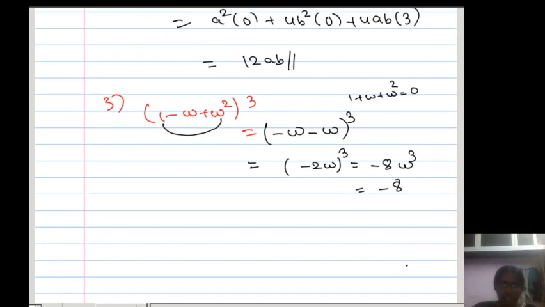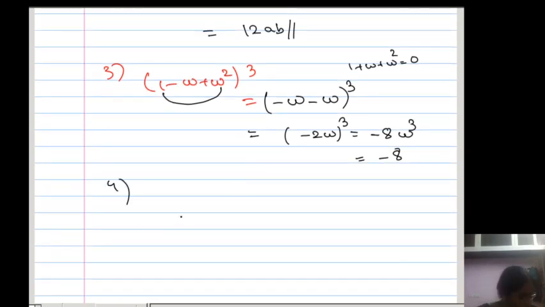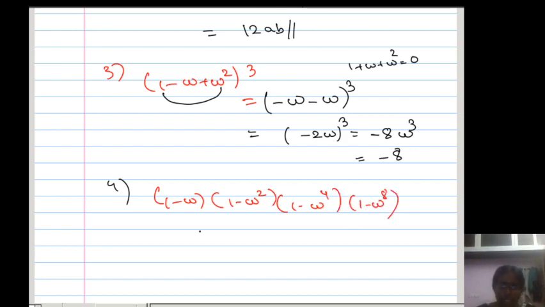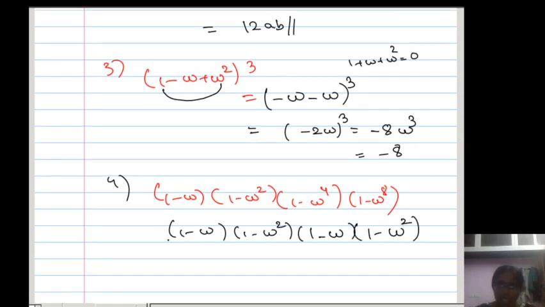Okay. Next. What is the next question? Here you can observe that 1 minus omega into 1 minus omega power 2, 1 minus omega power 4, 1 minus omega power 8. So I can write it very easily like 1 minus omega square, 1 minus omega cube, omega power 4 can be written as again omega. Already I told you. Next omega power 8 can be written as omega power 6 into omega power 2, omega power 6 value 1. So omega power 2. What I am doing, again multiplication here.